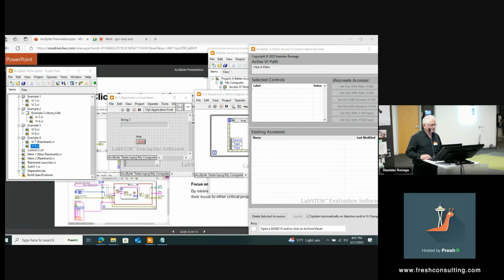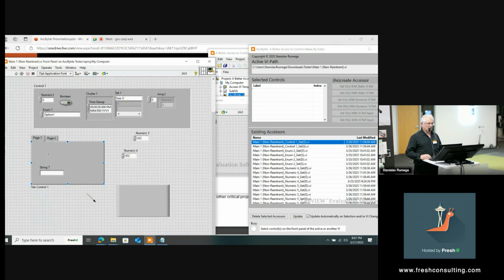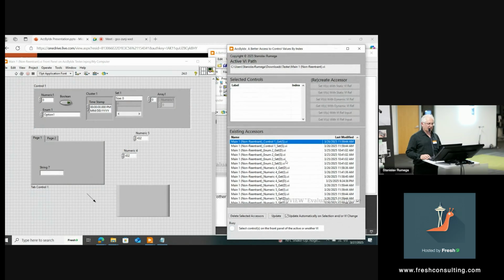So I will close this, guys. Big guy. I already created a bunch of accessors, so multiple controls. For example, you see this numeric 5 has index 1 here, right? And numeric 4 has index 0. Now, if I remove numeric 4 temporarily,